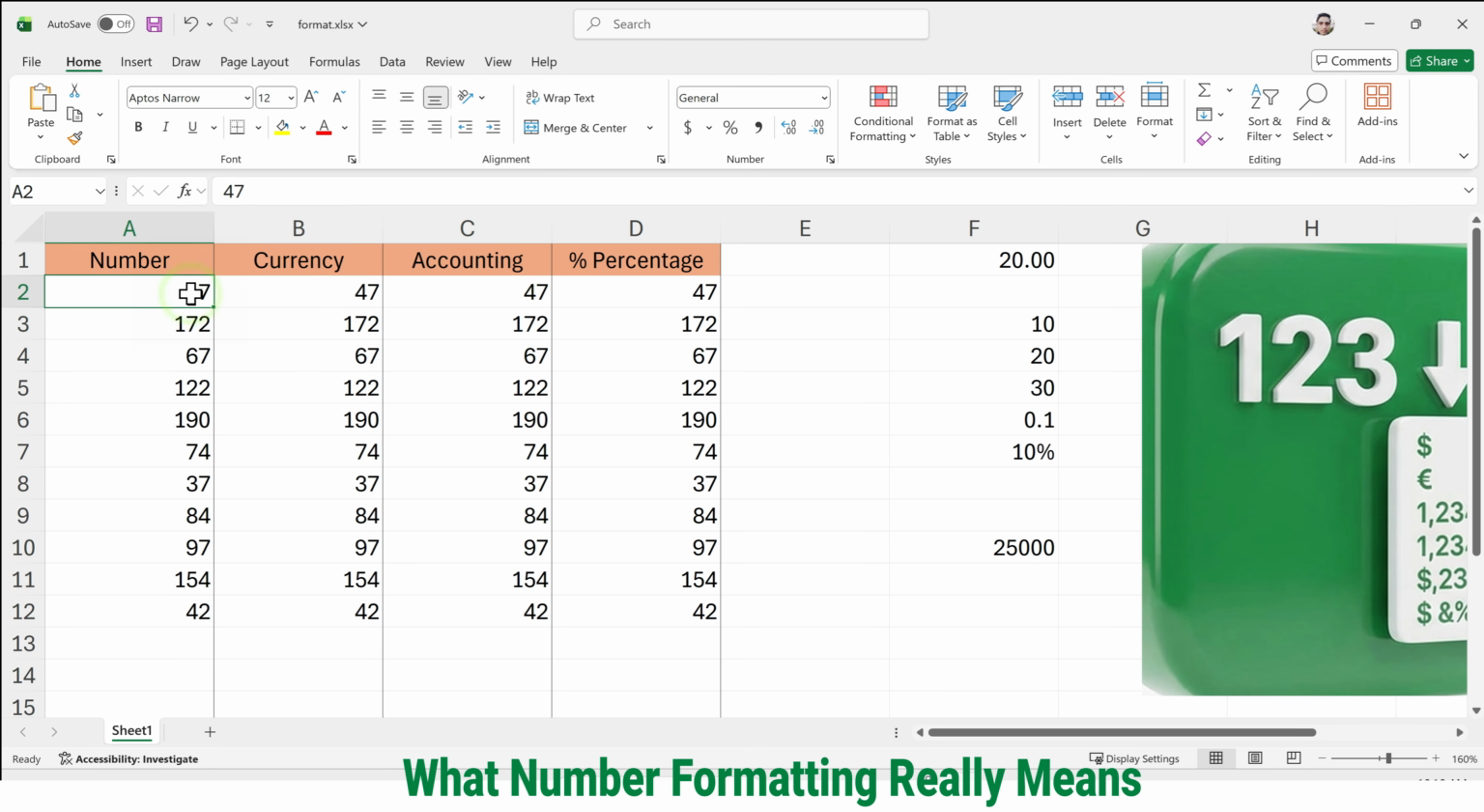What number formatting really means. Number formatting might not sound thrilling at first, but it makes a huge difference in how readable your worksheet is. Think of it as giving your numbers the right outfit for the job. Same number, better presentation. When you enter a value into a cell in Excel, you can decide how that number